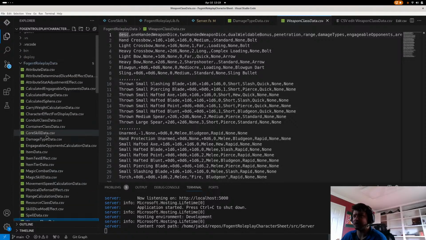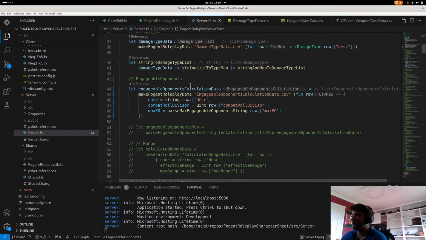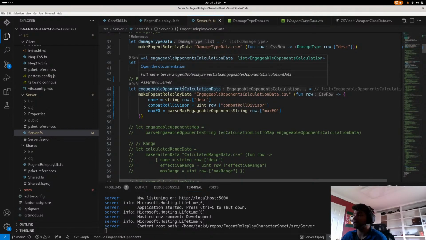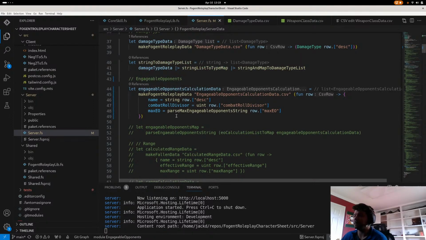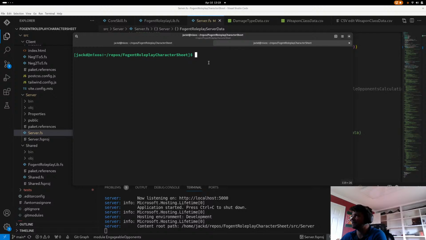So if we just go over here, the way I separated these, these are just engageable opponents calculations. So depending on how many dice you roll, that's how many enemies you can attack. And it depends on a weapon by weapon basis. But if I go over here to the actual old stuff,